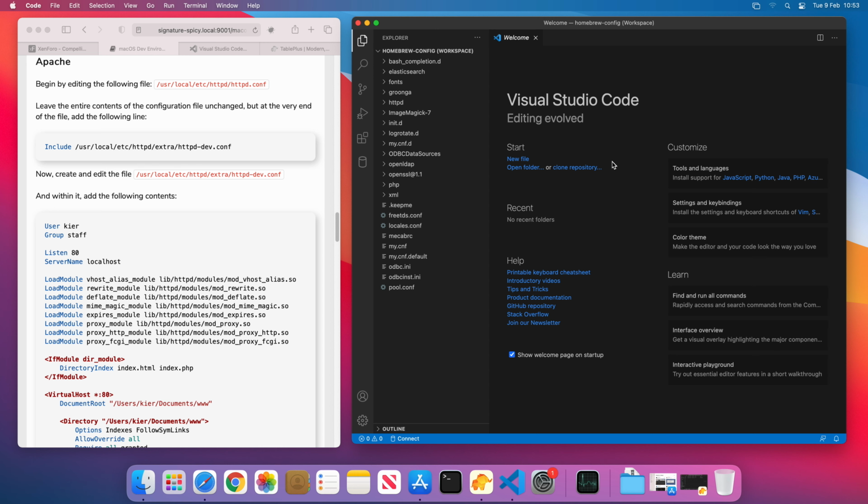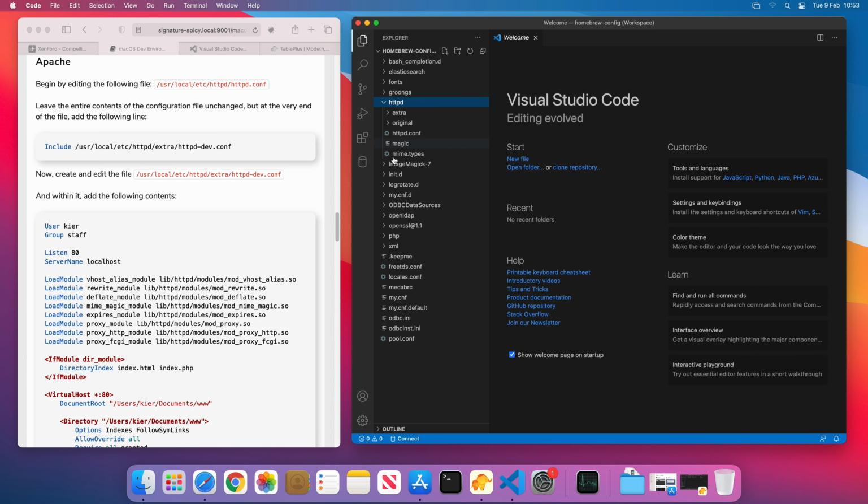The nice thing about saving a workspace with Visual Studio Code is that at any point I can bring up that workspace, and it will remember exactly where I was in terms of the files I had open, the directories I had expanded, the state of all of the panels. It's great. So having done that, let's go and edit the Apache config, which is stored in /usr/local/etc/